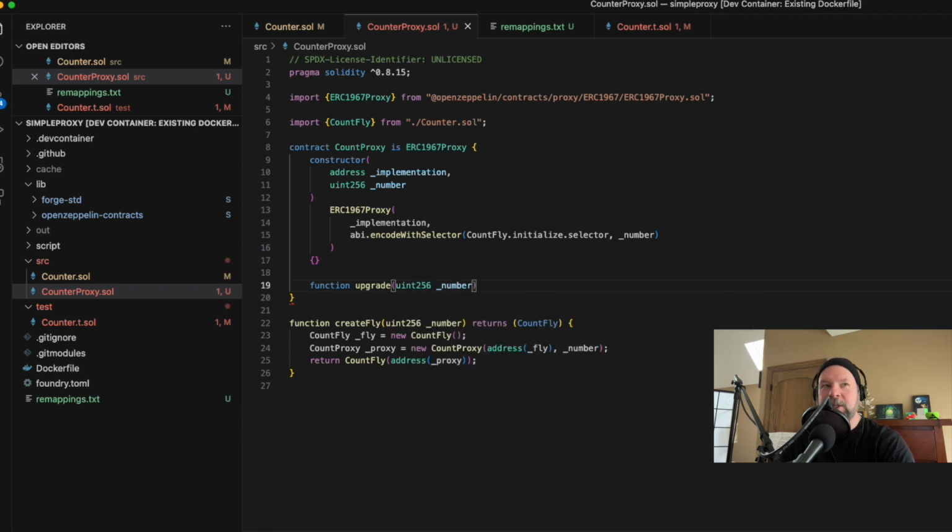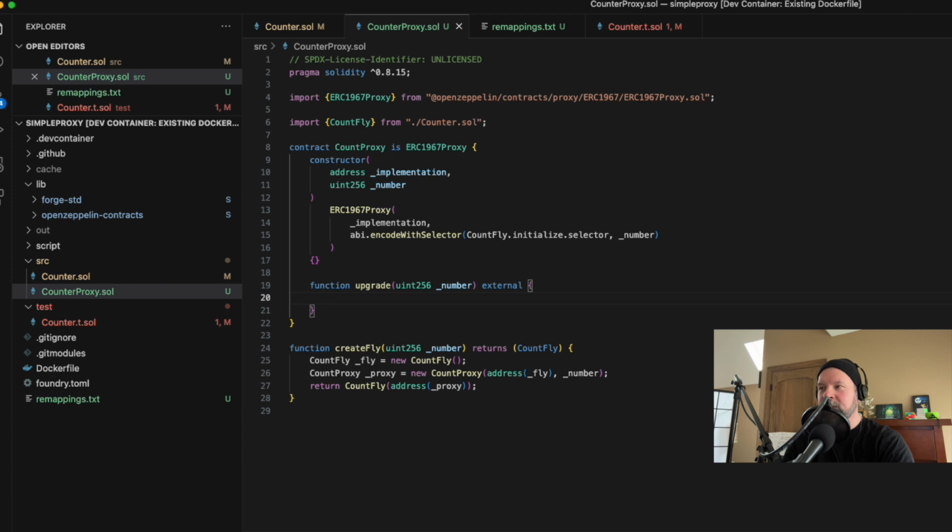So I'm going to upgrade to a certain number. And what I need to do is to call the implementation of the upgrade method that I just created. Now, this is going to result in a couple of additional requirements or responsibilities. So let's explore that. So the first thing is I need to create a new implementation. So let's